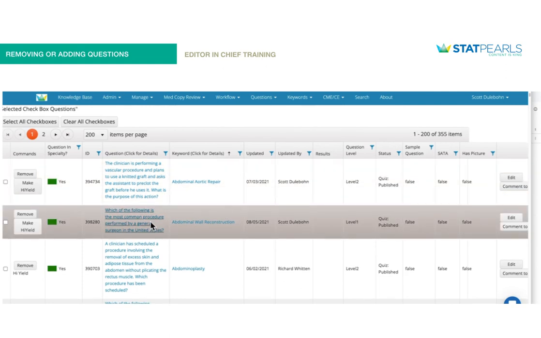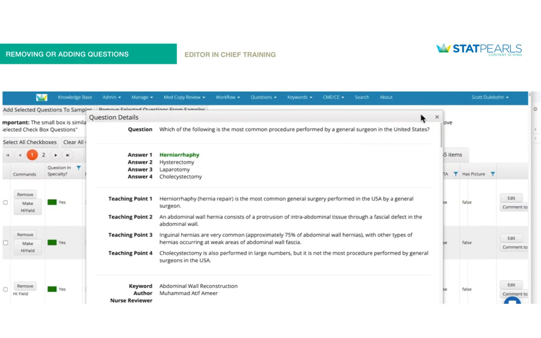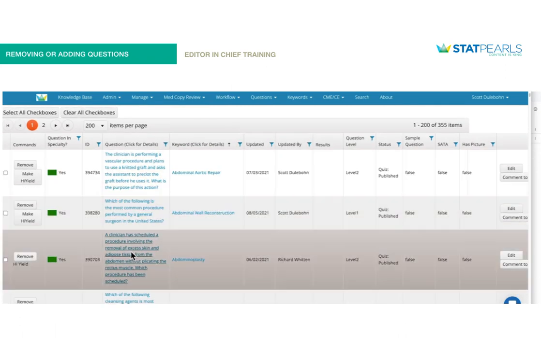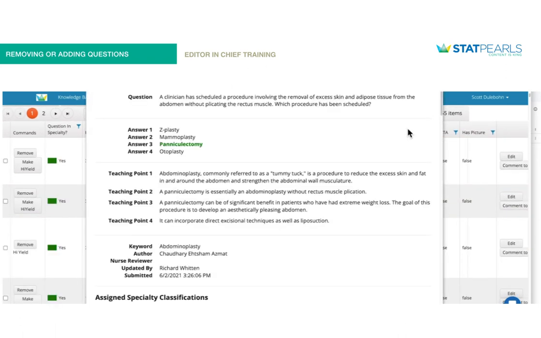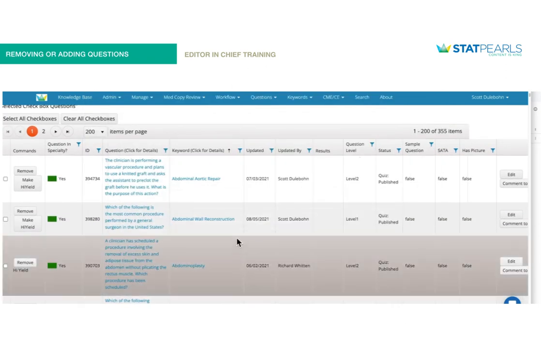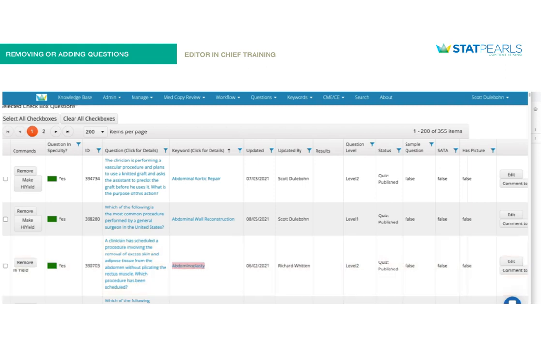As you are going through this quickly, every once in a while, you're going to reach a topic where you wish that we had more questions. Well, the fact of the matter is we have generally 5 to 30 questions on every topic in this database. So, if you need another question on abdominoplasty, all you have to do is copy it